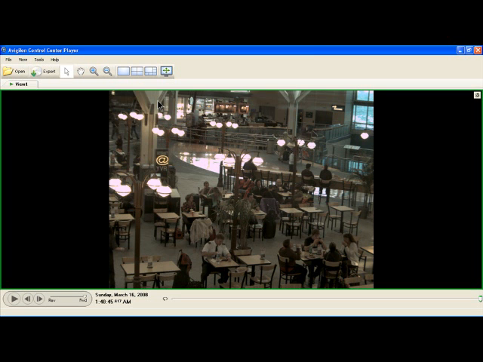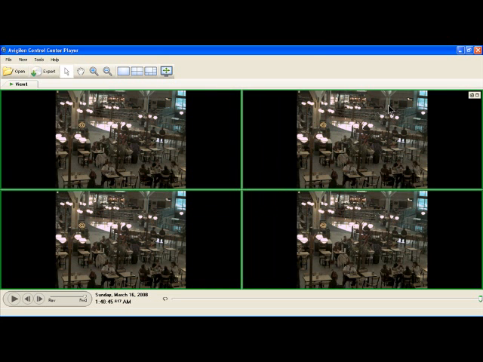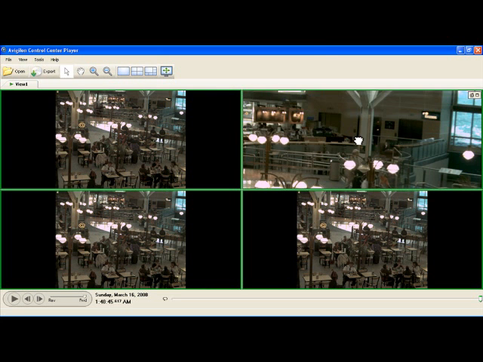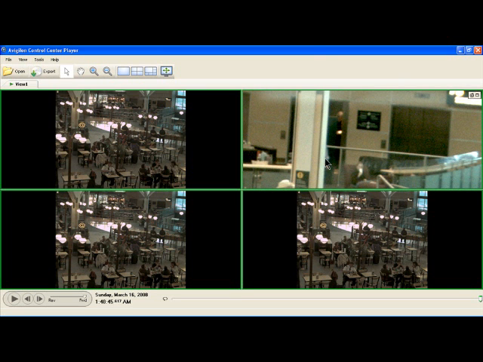If I want to zoom into that elevator because I think I just saw someone get in, I simply click on the quad view icon and the display changes to 4 display panes. By panning the image with my mouse and zooming in with the scroll wheel, I can drill into this image. We can see Avigilon Control Center dynamically changes the contrast and brightness, allowing me to detect if people are going